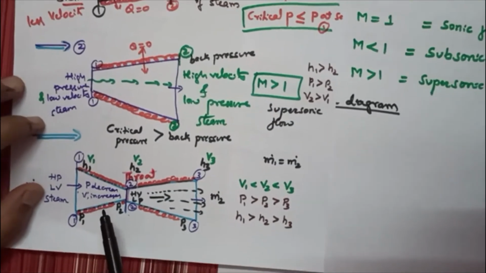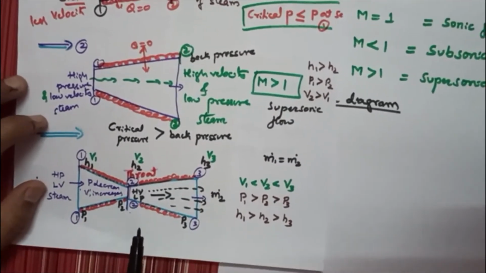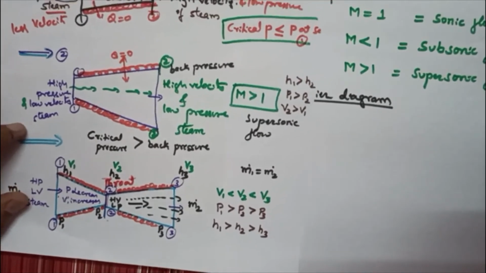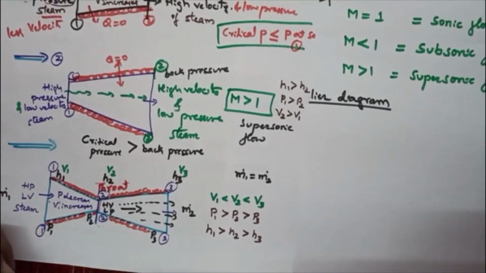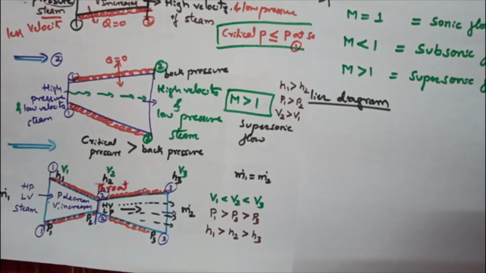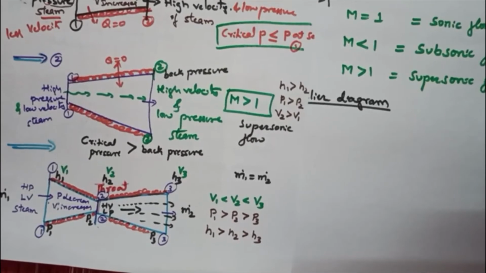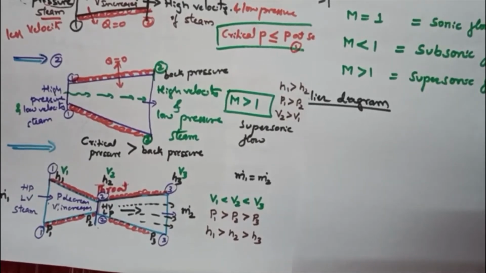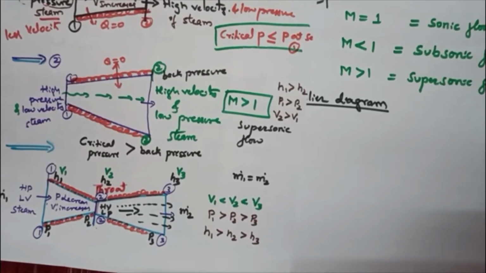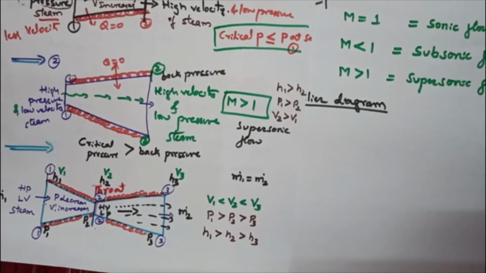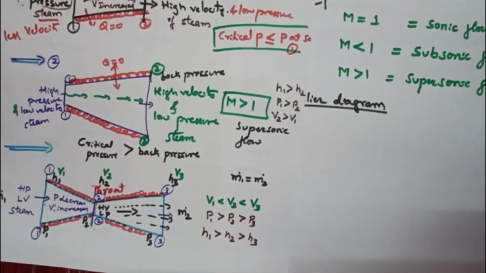And clearly I said to you, in the nozzle, what type of process is it? Expansion takes place, the fluid expansion takes place. What type of expansion is it? Reversible adiabatic expansion process. Reversible adiabatic expansion is also called an isentropic process if you consider friction is zero or neglected. If you consider the friction between the fluid and the inside surface of the nozzle, then it becomes only an adiabatic expansion process. It is not isentropic, it is only adiabatic.